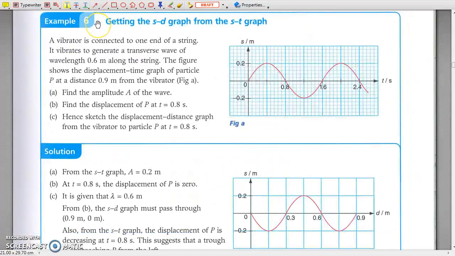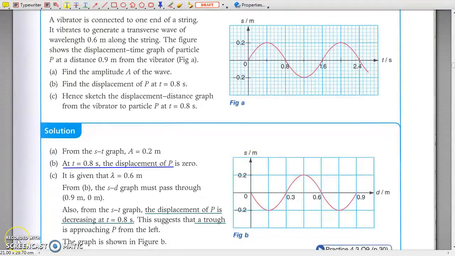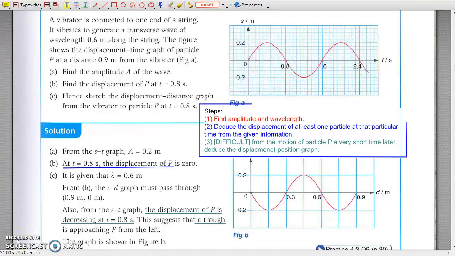Example 6. Getting the SD graph from the ST graph. So, a displacement time graph is given. How to draw a displacement position graph? First, we need to know the amplitude and wavelength, which are shown directly from a displacement position graph. Next, the most important thing, determine the displacement of at least one particle at that particular time from the given